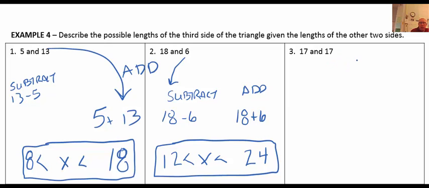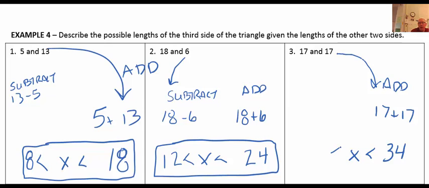Now number 3 is a unique situation. This appears to be maybe an isosceles triangle of some type. We're still going to use our same process. We're going to add these two sides that we have, and that will give us our upper limit. So we can't have anything bigger than 34. And on the bottom of this, or our lower limit, as we subtract,